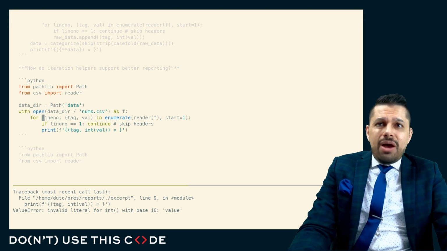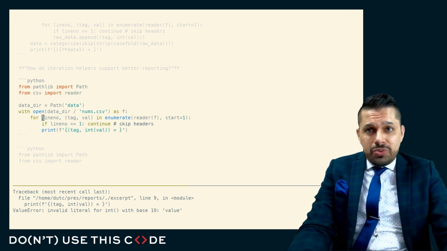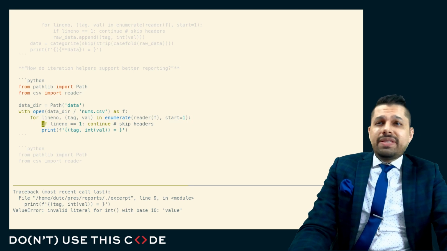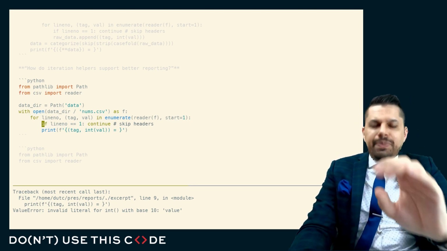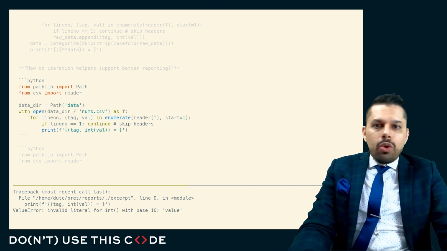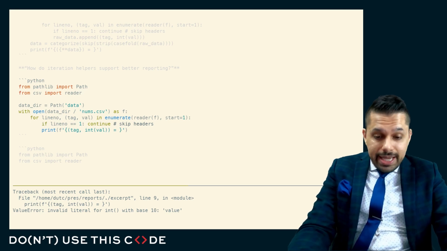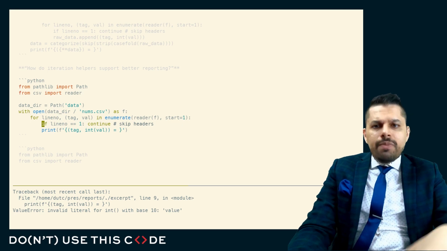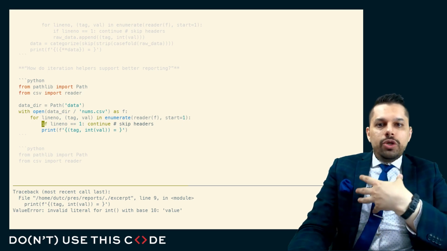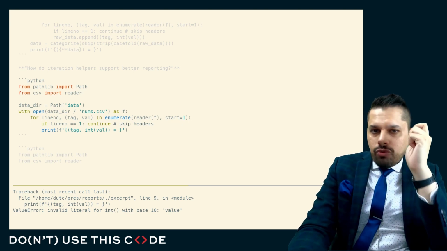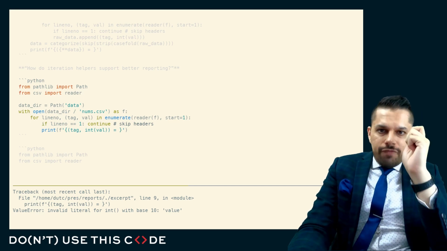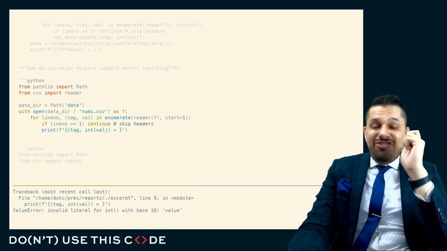And the way I sorted this out was by using one of the built-in iteration helpers we have, the enumerate. And I have a line here that says, if I'm looking at line number 1, just skip it, skip our headers. Well, we are very familiar with iteration helpers that are in the built-ins. Enumerate is one example of them, zip is another example of them, and they're things which help us as we do enumeration. One of the things you might think about for reporting is often, or is generally about visiting every